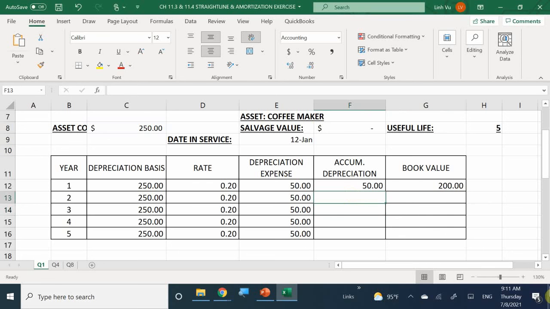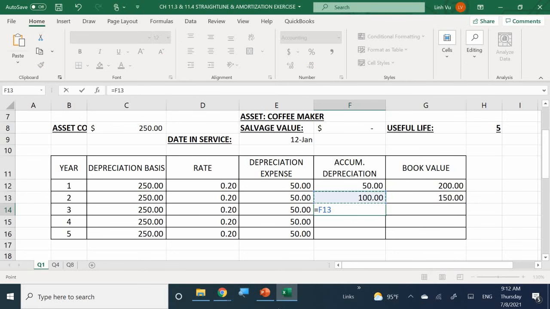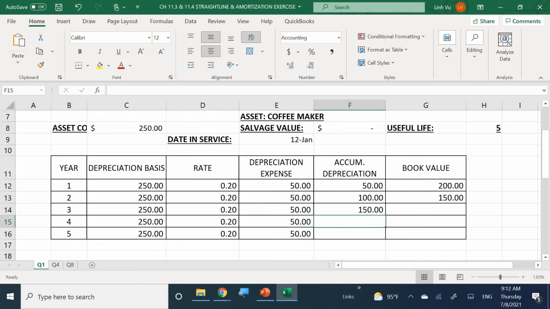What is going to be my accumulated depreciation for the second year? $100, which brings my book value to 150. What's going to be my accumulated depreciation for the third year? 150, which brings my book value to be